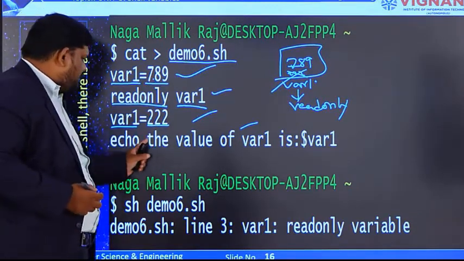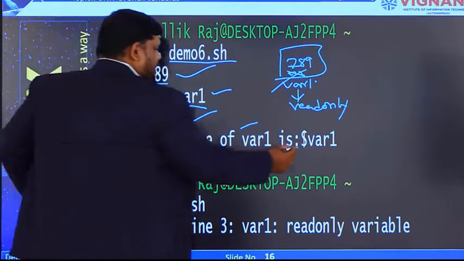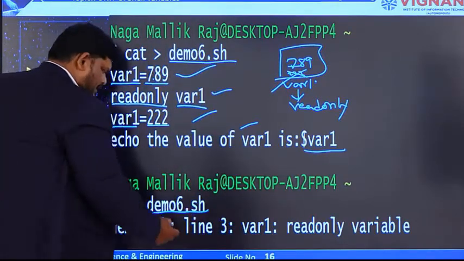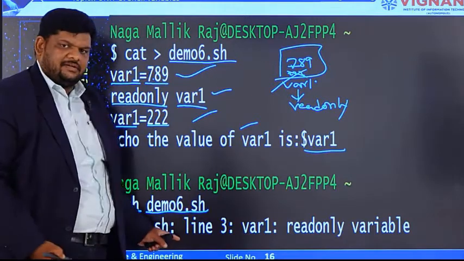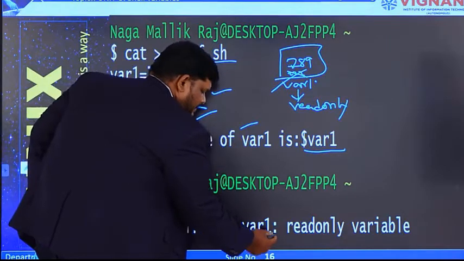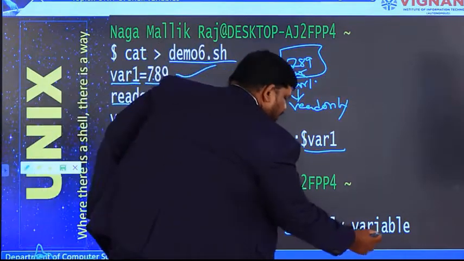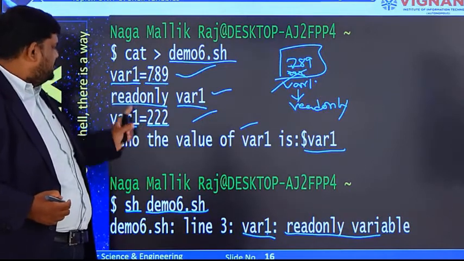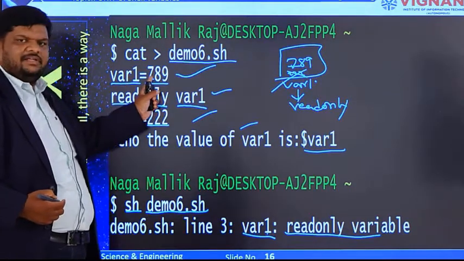Let us see, if you want to try to print $var1, this is the execution, sh demo6.sh. If you observe here, an error will be generated. What does this error indicate? It says var1 is a readonly variable. Why does this error generate? Because we are trying to change the value present here.